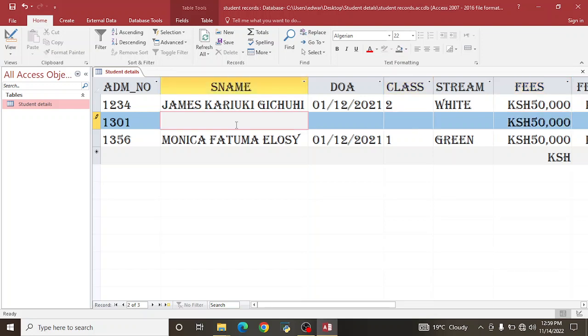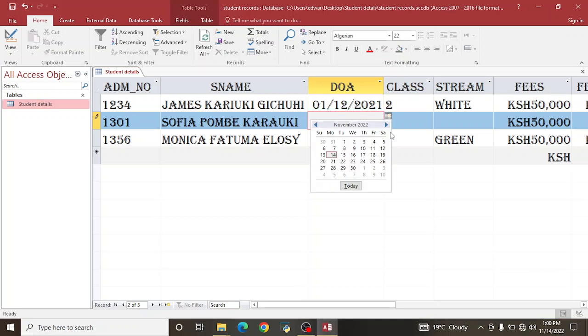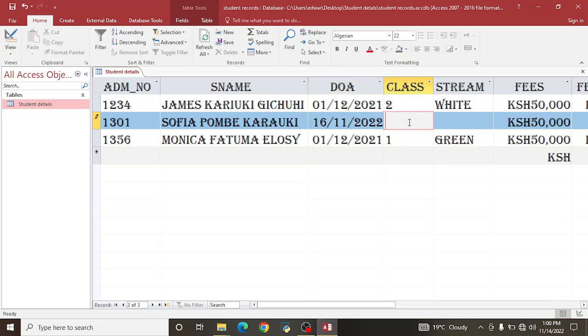We can add that student as Sophia Pombe Karaoke. You see now the date. That one we can select even from this one. Say that is the date of admission. Then maybe from 1